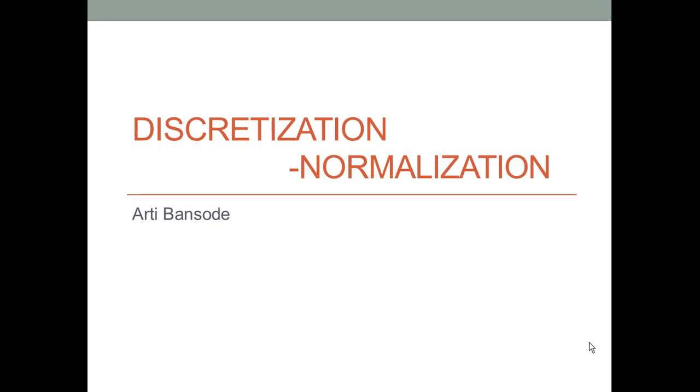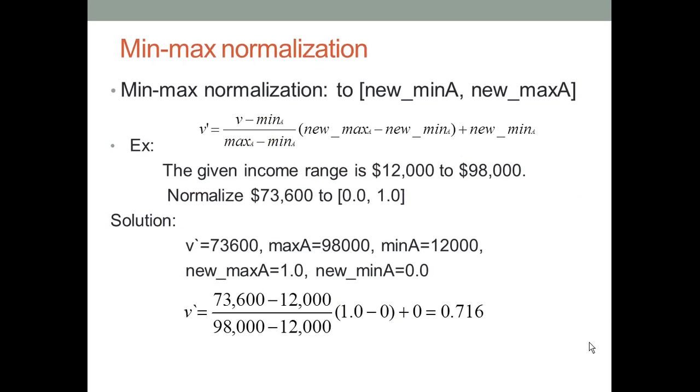So say for example, I have a data range which has values from 5 to 250, and somewhere I want to show those values in the range of 1 to 10, because maybe 1 to 10 is something that I find manageable. That is called normalization. There are three ways in which normalization is performed. The first one is min-max normalization.